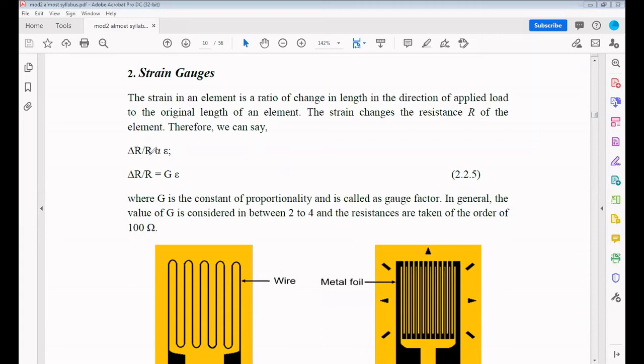Suppose, for example, the resistance is initially 10 ohms. If we apply stress on that particular material, the length of the material will decrease, and in that case the resistance also decreases. So length decreases, and automatically the resistance decreases, say to 5 ohms or 2 ohms or 3 ohms, like that. So remember this here.